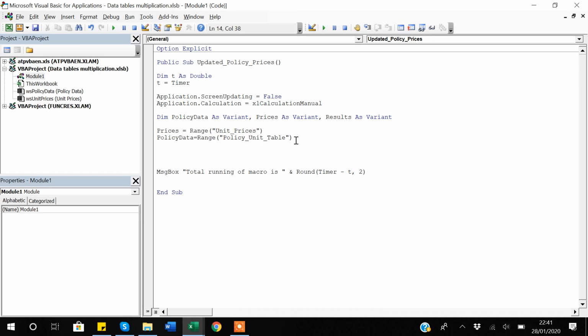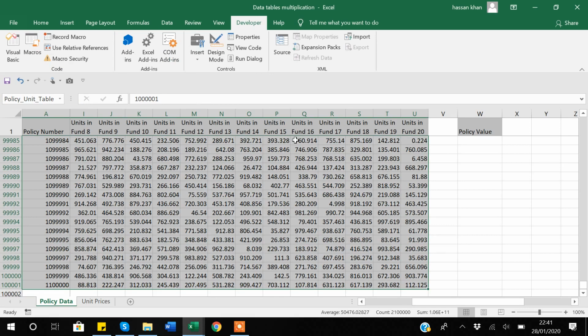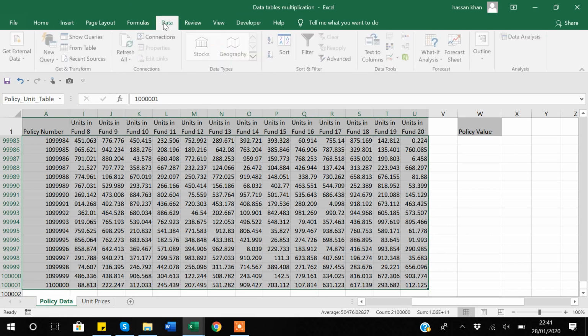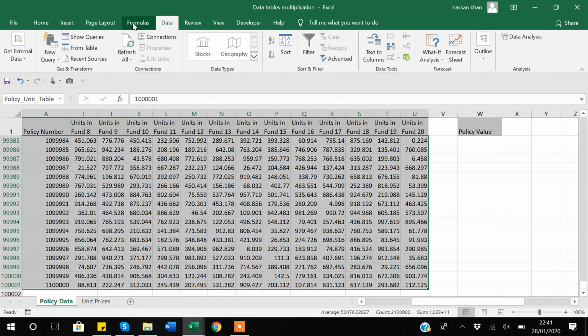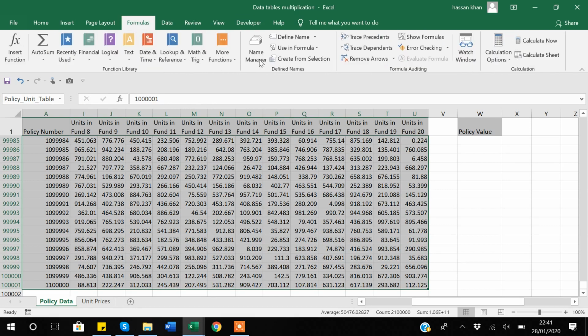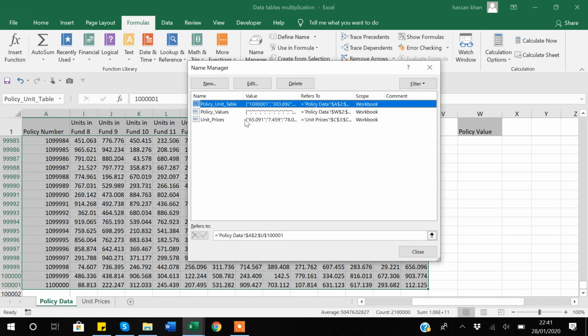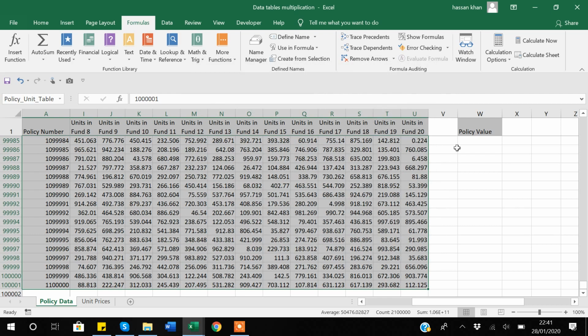Another way to quickly know what range names you have in your Excel is to go back to the formula tab. Under the formula tab, you have Name Manager. If you click it, you can easily know what range names you have given. As you can see, I have 3 range names, and I will be using those range names in my computation too. So if you want to know how many range names you have in your workbook, you can easily come to know through this. Under the formula tab, there is the option Name Manager. If I go back,